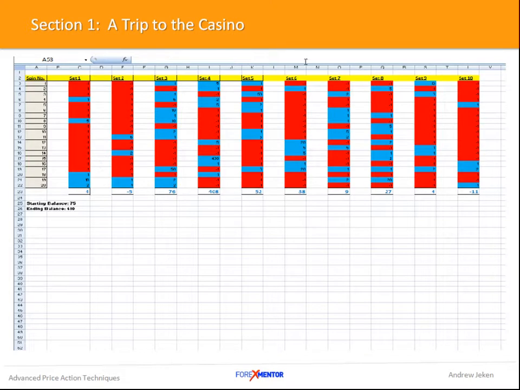Okay, 10 sets, 20 trades, 20 spins. So it's a very large sample size, and you can see our starting balance was $75. The ending balance was $610. All right, and you can see how we've worked that. Now, obviously, this is a slot machine. I don't recommend playing slots because slot machines are rigged in the house's favor. But this is an example of how I go about my trading and how I think about trading, and how I track my progress from, instead of spin to spin, trade to trade.